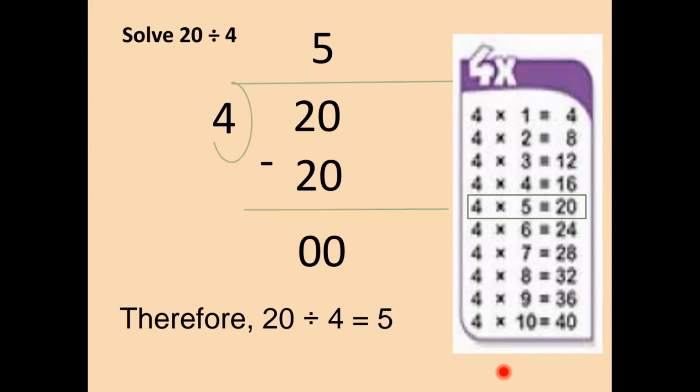Okay, student. Sujal, please unmute yourself and say the table of 4. 4 ones are 4, 4 twos are 8, 4 threes are 12, 4 fours are 16, 4 fives are 20, 4 sixes are 24, 4 sevens are 28, 4 eights are 32, 4 nines are 36, 4 tens are 40. Okay. So this means everyone knows 4's table, right?